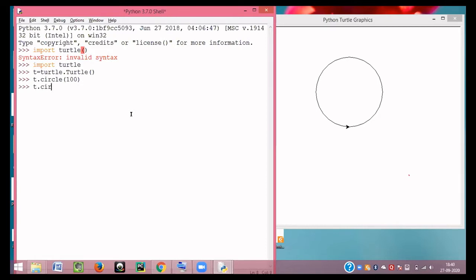Now if I give a lesser value, T dot circle, a value less than 100, let's say 50, it will make a smaller circle. Now I want a circle between 50 and 100, let's say 70 or maybe 80.